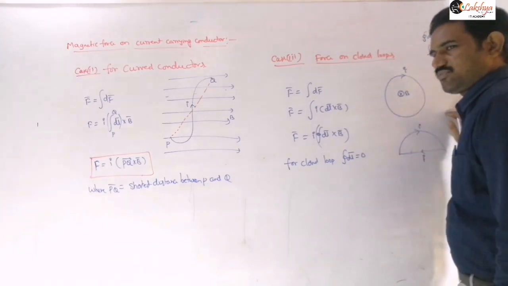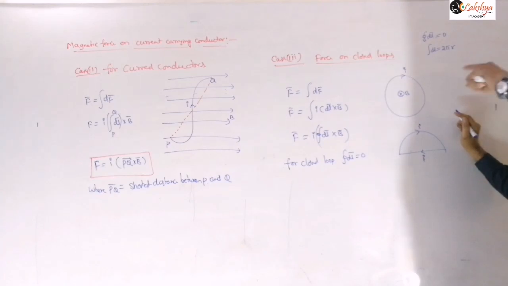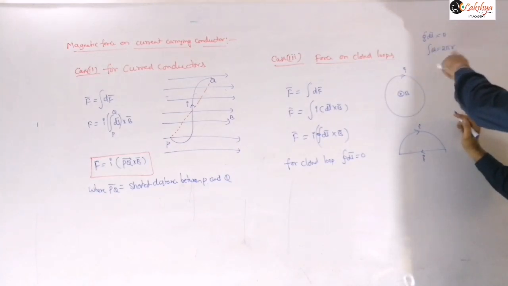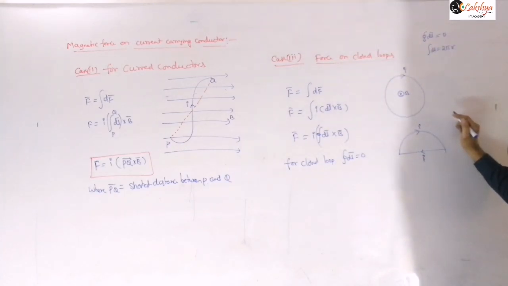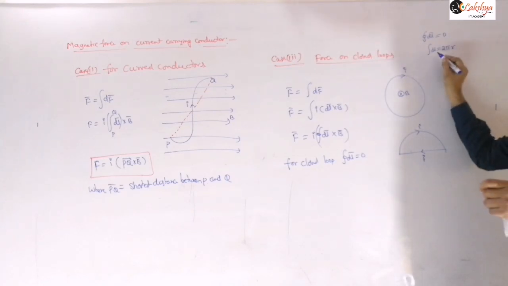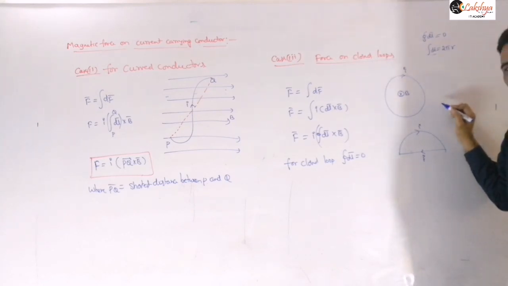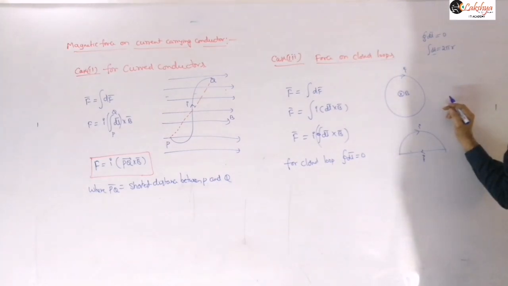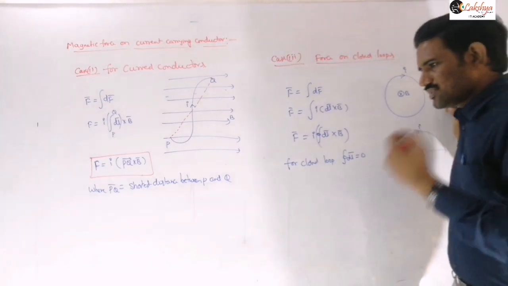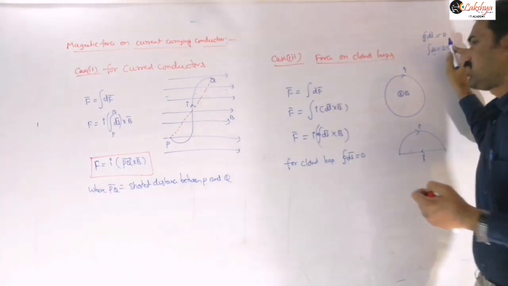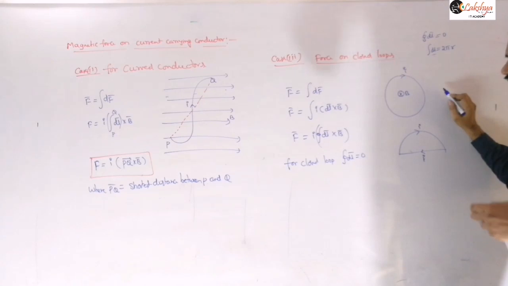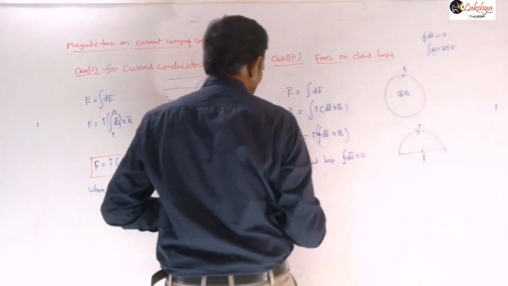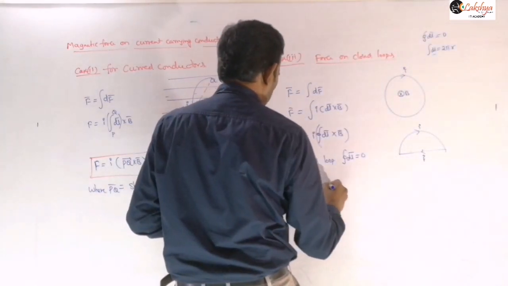If it is a circular loop, for example, it is the difference between integral of dl bar and integral of dl. Integral of just dl is a magnitude; we just need to add all those dl elements, so you get the total circumference. For example, for a circle, that is 2 pi r. Whereas for dl bar, it is a vector addition, so integral of dl bar for this closed loop will be 0. Therefore, the magnetic force for closed loops will be 0.